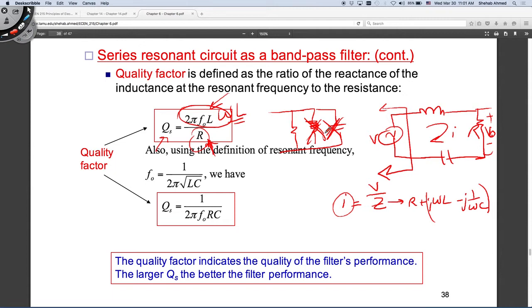So I want the opposite to happen. I would like these to be what? I would like the quality factor to be... these impedances as what? As large as possible, or I want it to be R over, let's say, XL, for example. If it's R over XL and this XL is very large, what happens to the quality factor? The quality factor becomes small, right? So I would like this to be as small as possible, meaning